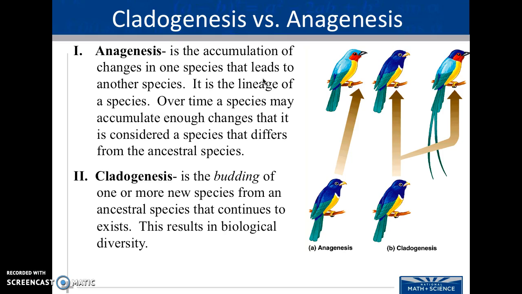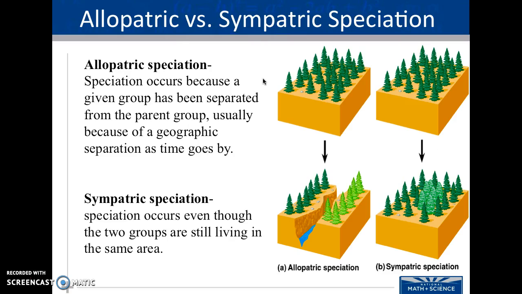We've kind of looked at cladogenesis and anagenesis. Please go back if you need to review that content. But now we need to get more specific about speciation. If we look at allopatric or sympatric speciation, allopatric speciation, or the development of new species, occurs because a given group has been separated from the parent group because of geographic separation as time goes by. That's allopatric. Sympatric speciation occurs when they are still living in the same area and there's another environmental factor that